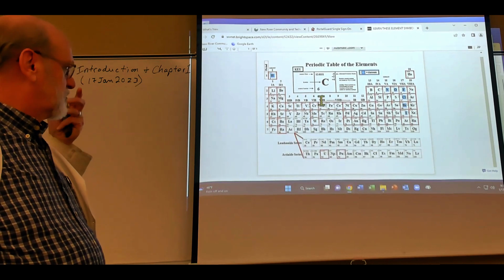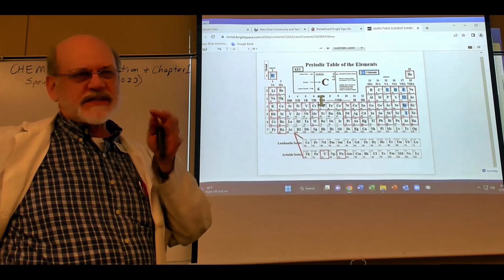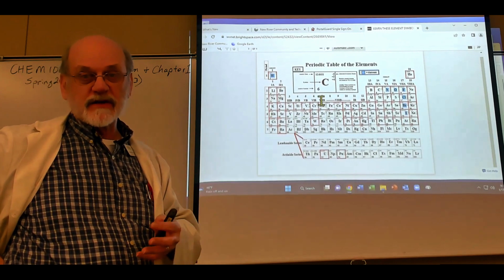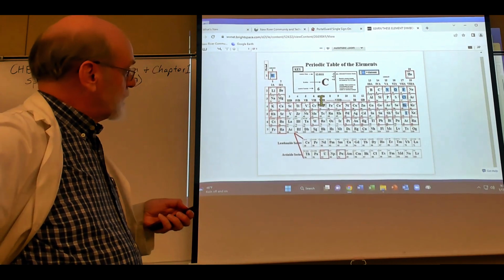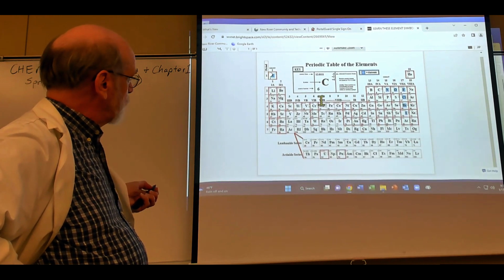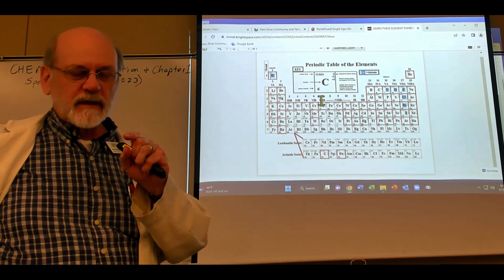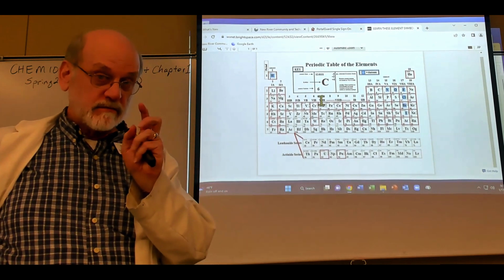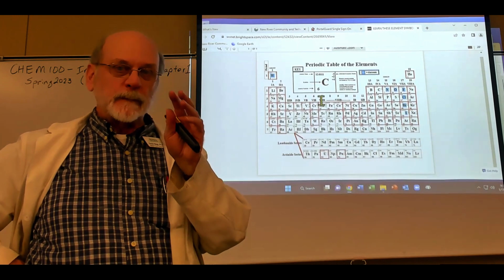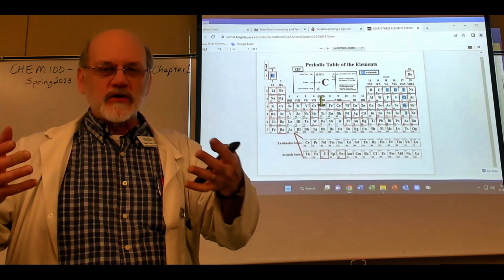Out of 118 elements, there are 60 some odd that you need to memorize. Notice also on this table that there are several of them with blue highlight. Pay attention to those, because when we start doing chemistry in earnest, those are the elements that occur in nature